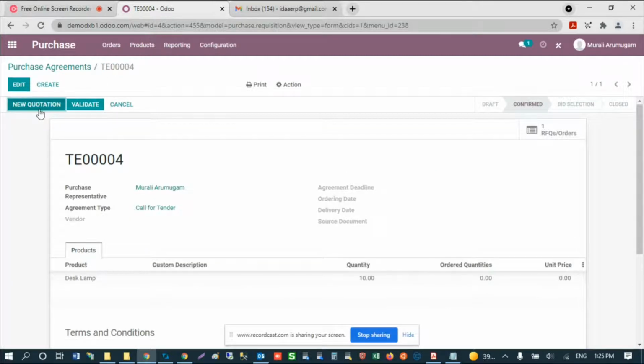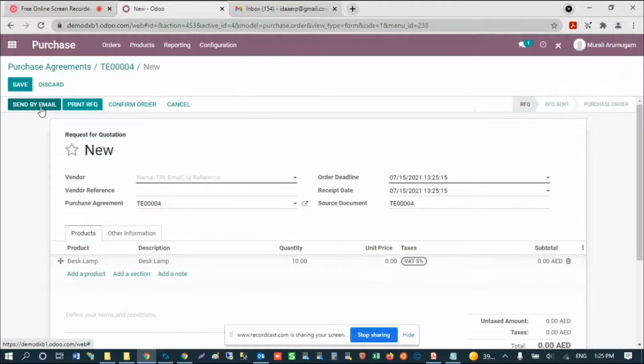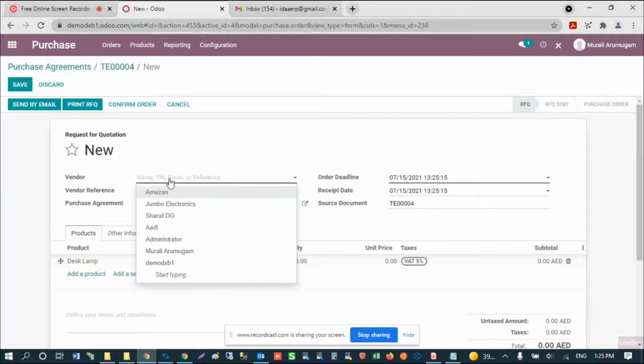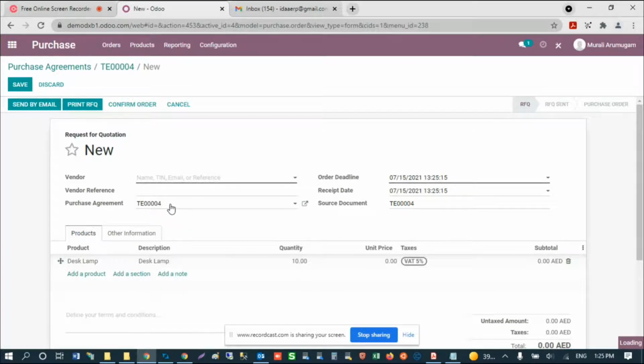So we've done one vendor. Now we could do more of these vendors by creating a new request for quote. So we can choose another vendor, send off the email.